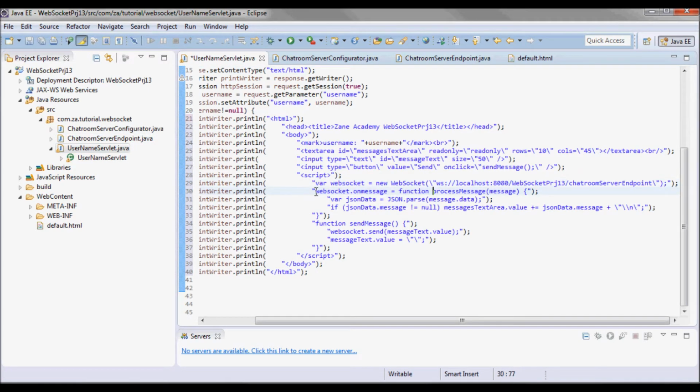And when a message comes in, so websocket.onmessage, the processMessage function will be invoked, and the messages coming in will be JSON data. So I'll parse that JSON data, and if the message is different than null, then I'll go ahead and add it to the message text area from here.